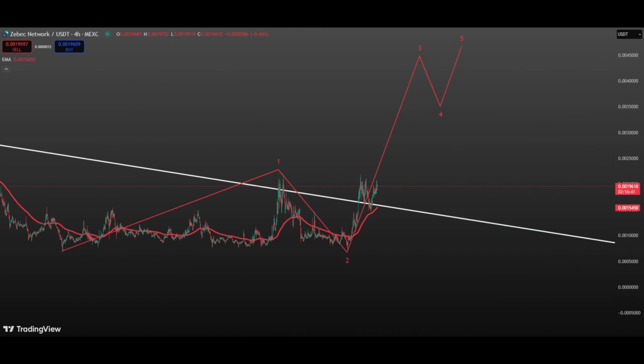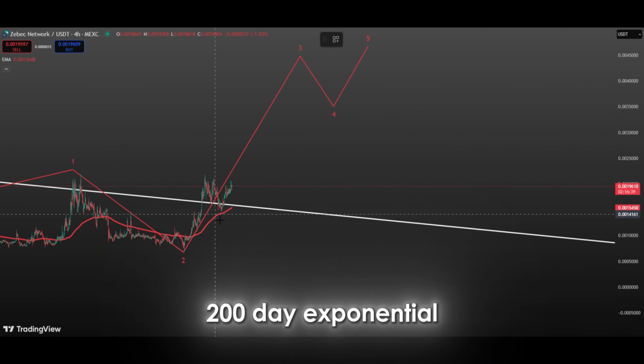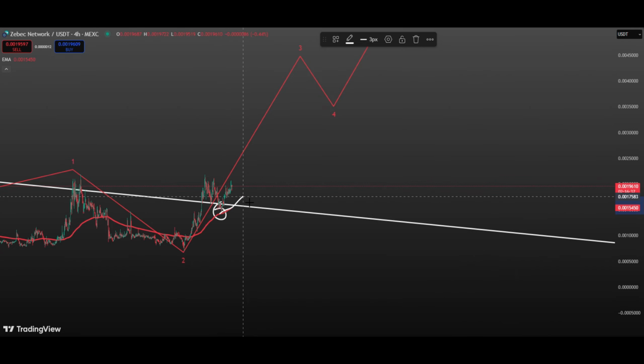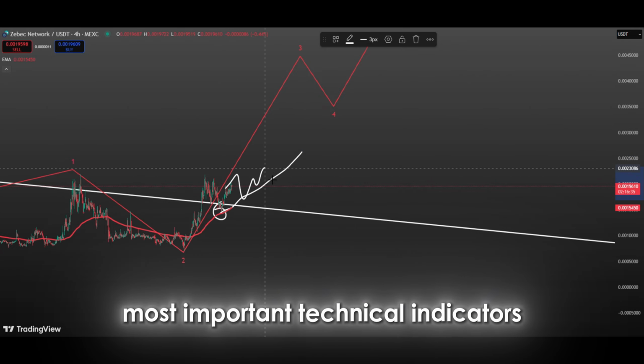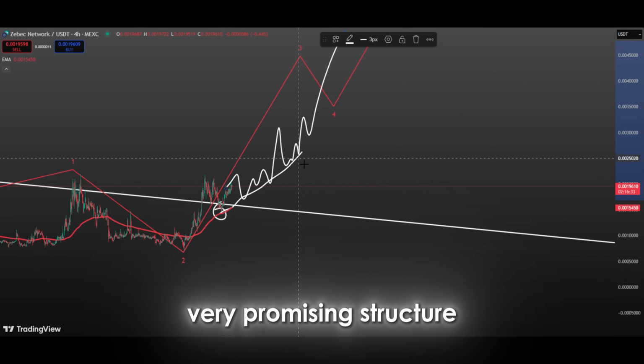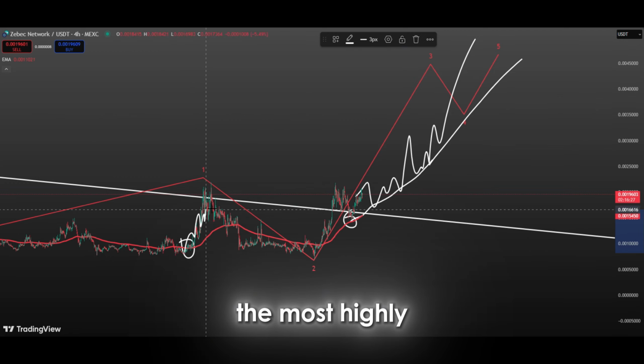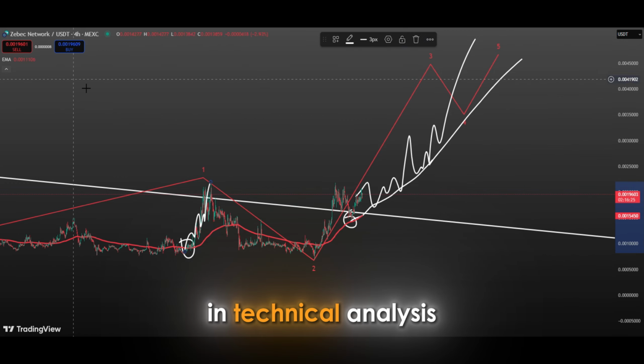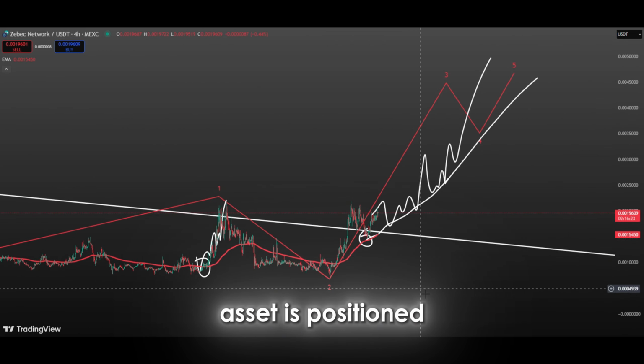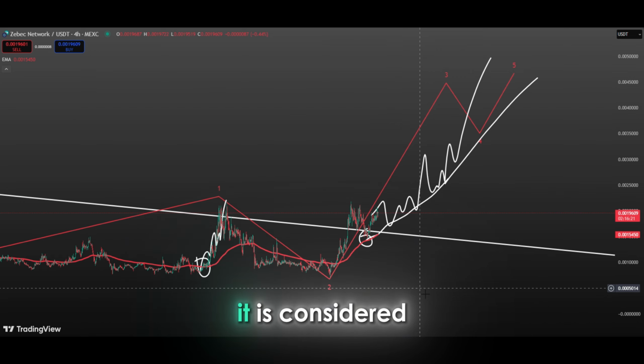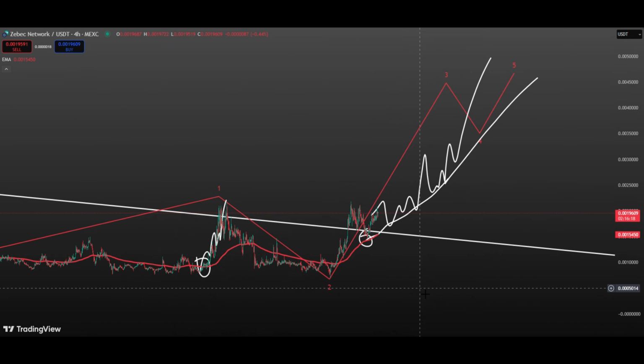opportunity for investors. The price movement above the 200-day exponential moving average, one of the most important technical indicators on the chart, points to a very promising structure, especially for long-term investors. The 200 EMA is one of the most highly regarded trend indicators in technical analysis, and when an asset is positioned above this level, it is considered a bullish signal by many analysts and investors. The fact that the price is currently holding above this critical technical level suggests that the overall market outlook is